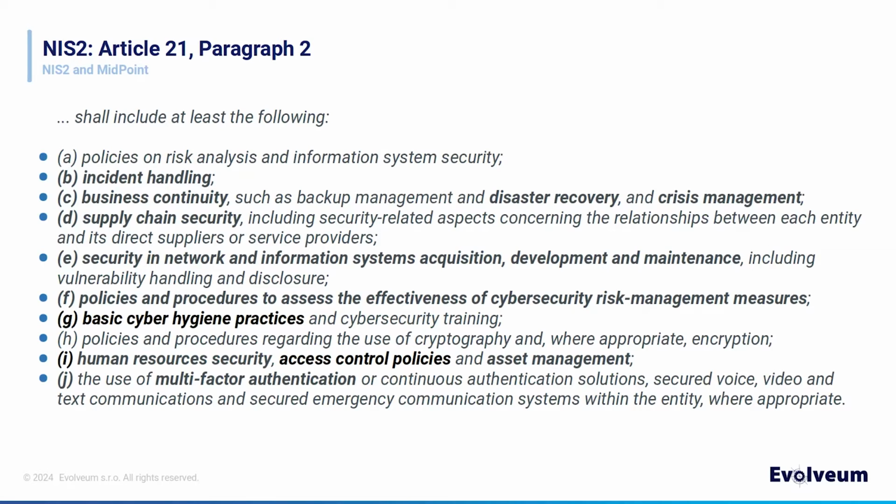And there are especially two parts, and that's letter G with cyber hygiene. When you read the text of the directive, you will probably figure out that they consider identity and access management to be part of cyber hygiene practices. So that's where identity access management is hidden. And then letter I, access control policies, which is pretty much the bread and butter of identity and access management. So we do not have much to work with, but at least there is something that we know: identity and access management should be part of this solution.